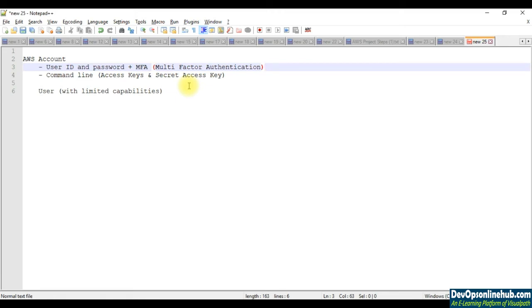Right? So this is the same way we log in into any of our banking applications. The moment you enter the user ID and the password, it actually sends across an SMS with a 6-digit code to your mobile number, and then you input those 6 digits and thereby you will be able to log in into your account. Similarly here also, if you want to log in into your AWS account, after you input the user ID and password, we have to input a 6-digit number which could be either generated by an SMS or maybe by third party applications. So let's see what are the options available in MFA.